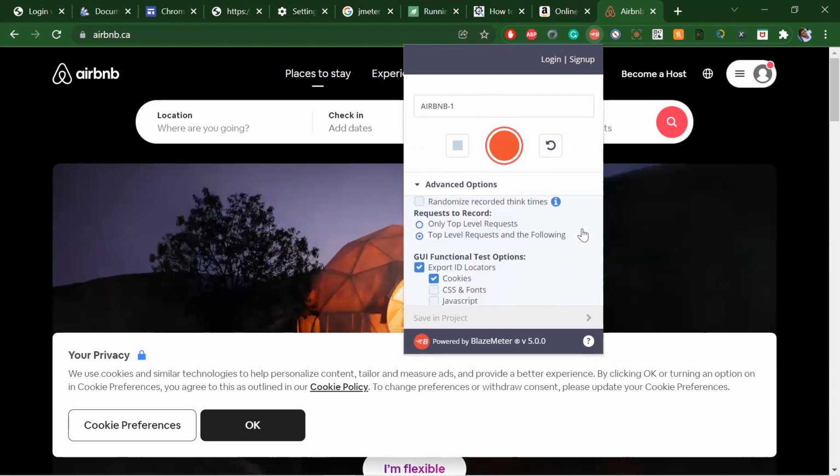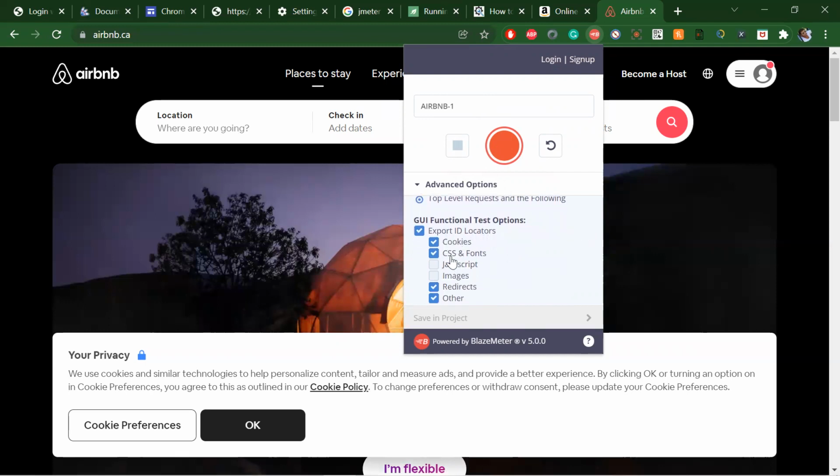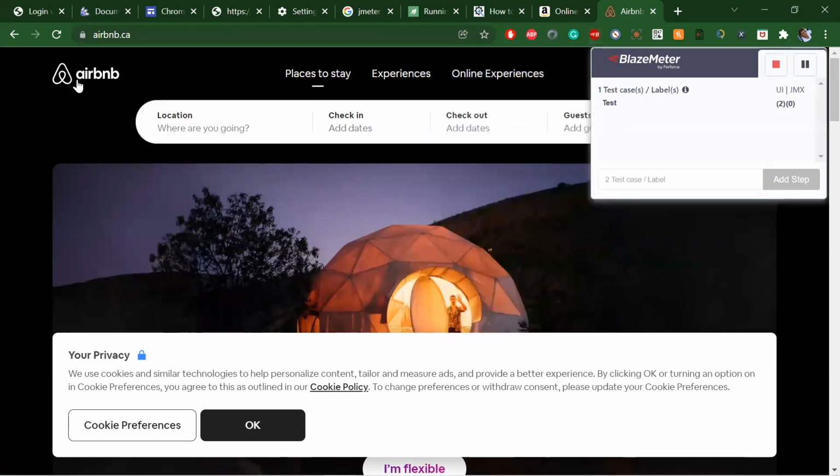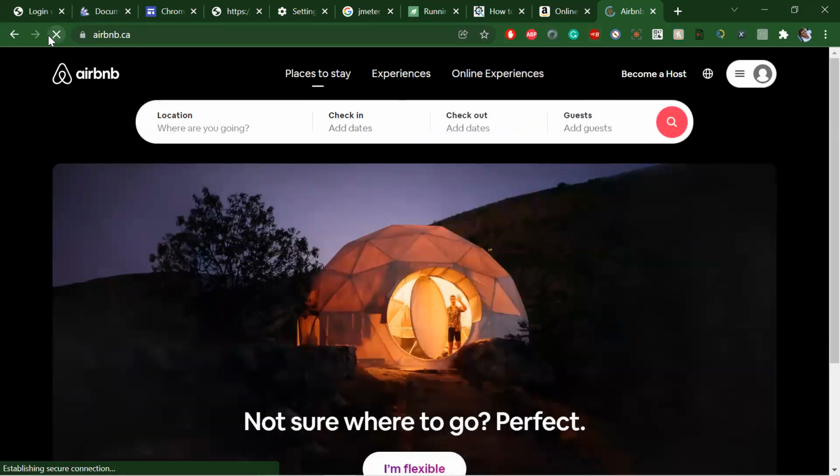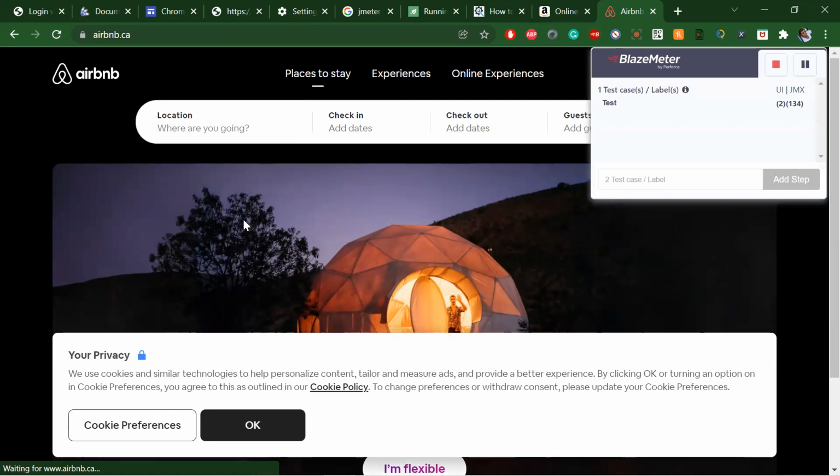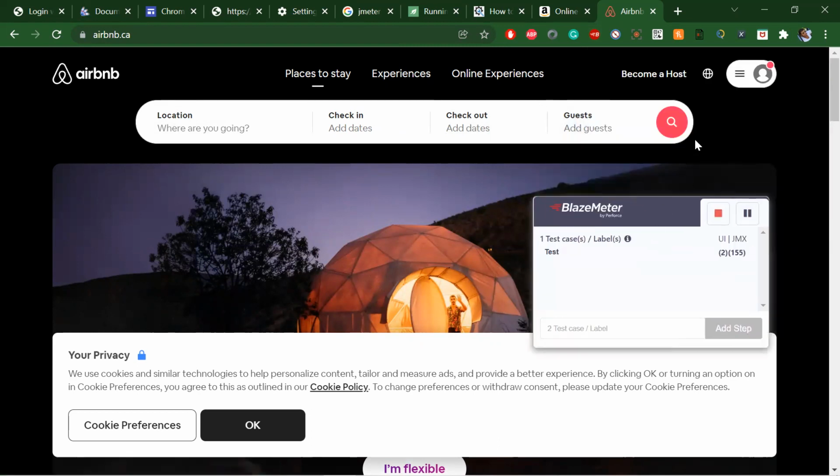We'll record it, as using it may be helpful for Selenium also. We'll keep these things. Okay. Simply start recording, and I'll hit the home page. You can see the UI has two parts. Click on the search button on your right side. Pull that down. Yeah. Click on the search.